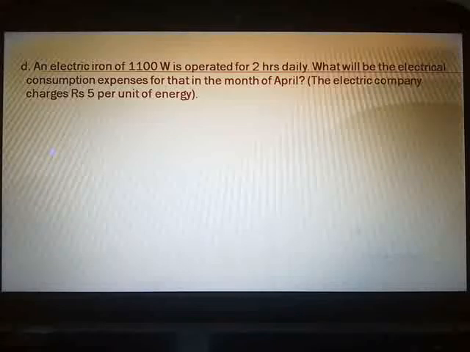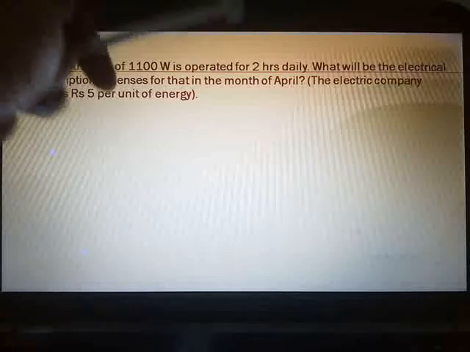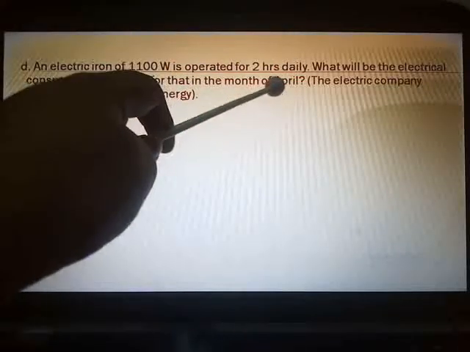So you have to first find out how much it works, for how many hours it is working in the month of April. Now here you can get little bit confusion type of sums in the exam. In place of April they can give May, or they can give February and mention it is a leap year. So according to the number of days you have to calculate how much hours that particular device is used.